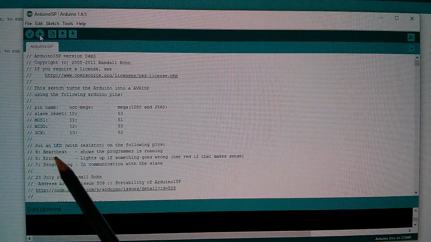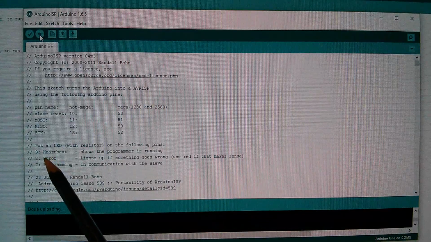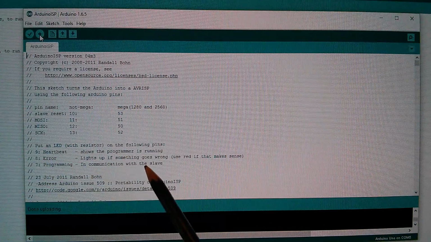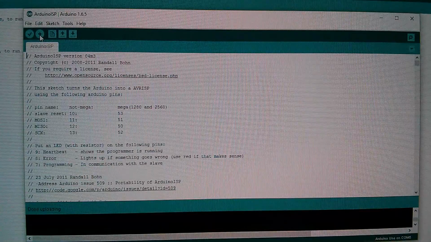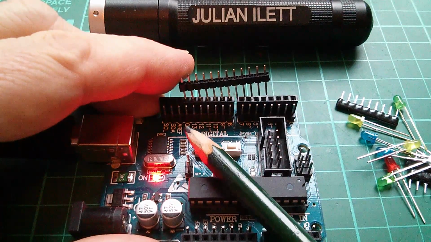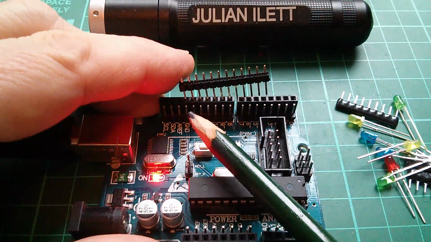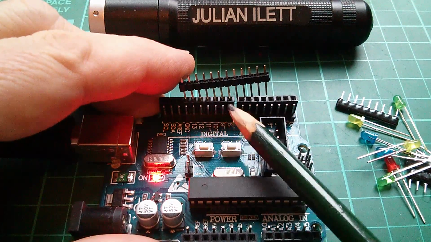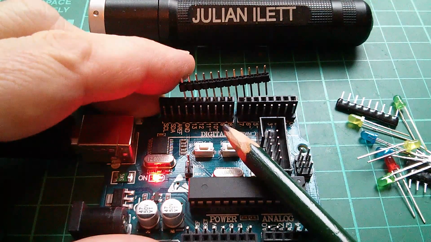I kind of wanted to use red for heartbeat, but maybe I'll use yellow for that. And programming in communication, well, that sounds positive, so I think we'll use green for that one. Now, if I'm going to build this pin header so that it spans from ground, because I'm going to need ground for the other side of all the LEDs, at least from ground, and then we need pins 9, 8